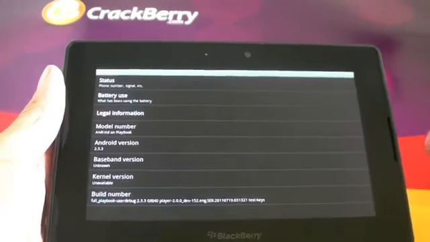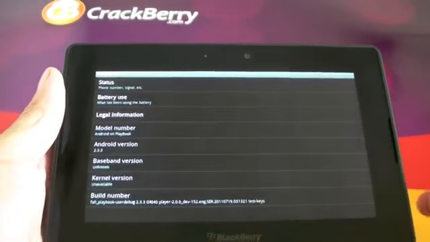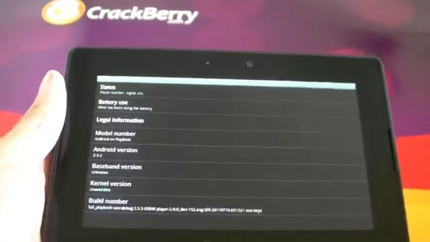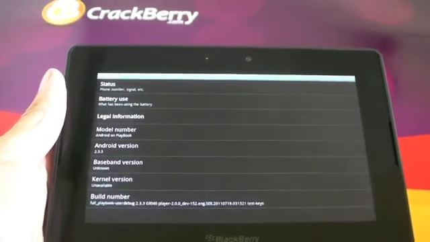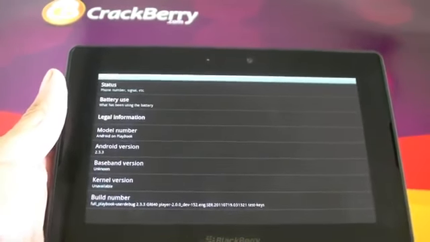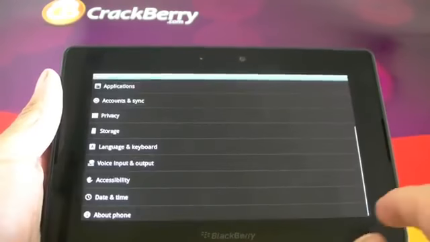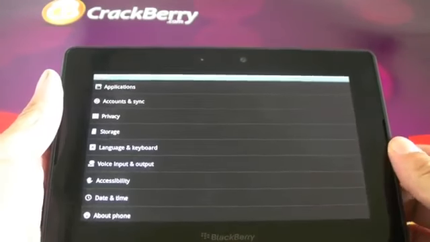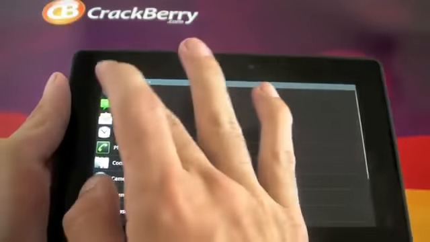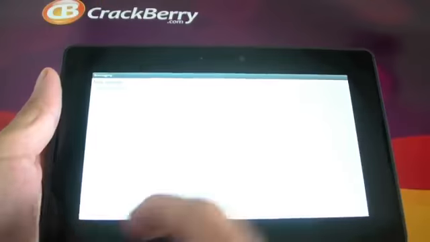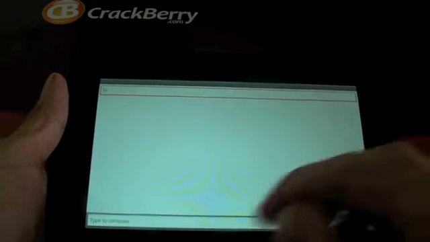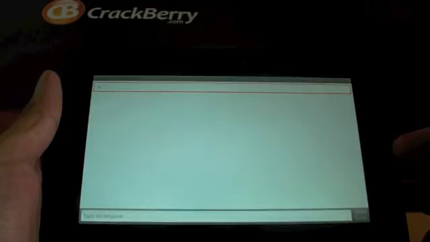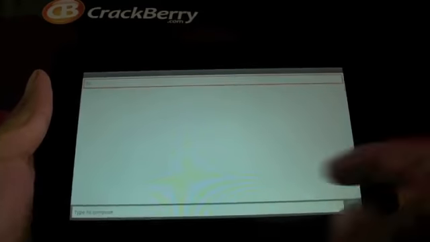Again, you run into the problem once you access something of how do I get back? The back option is basically the bottom bezel. Swipe right, and then it will automatically just take you back in the menu system. So we'll go into messaging. You can actually go ahead and compose a new message. I don't know if it would send at this point because there's no cellular data, but